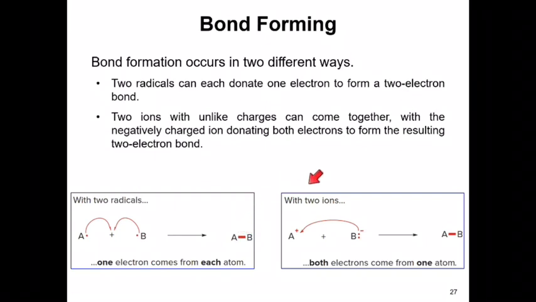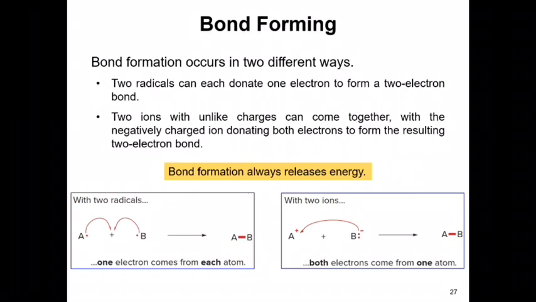The second method involves two ions, a cation and an anion. Both ions will come together to form a single bond, again containing two bonding electrons. So essentially, bond formation is the exact opposite of bond breaking. And another difference between bond formation and bond breaking is that bond formation is an exothermic process, whereas bond breaking